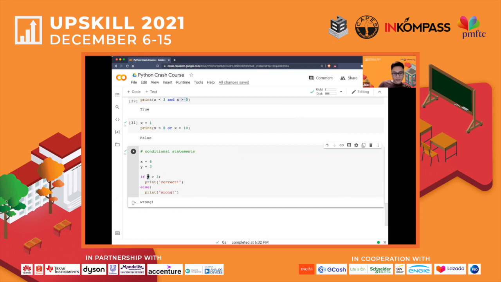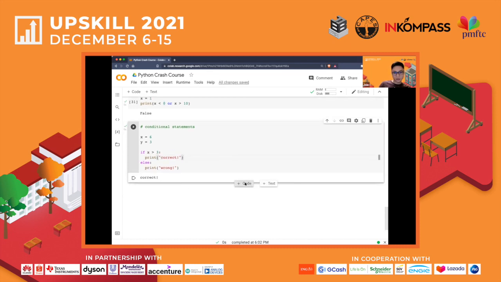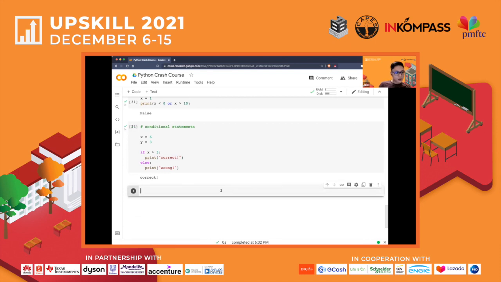So again, if I go back to x and then click run or play, it will print correct, because 6 is indeed greater than 3, and that's true. So it will print this one. Okay. So let's move on to